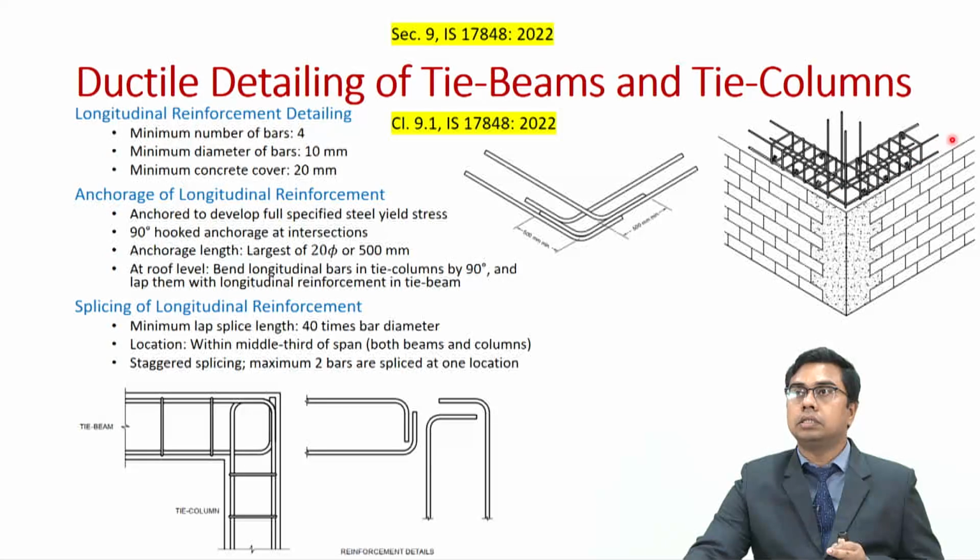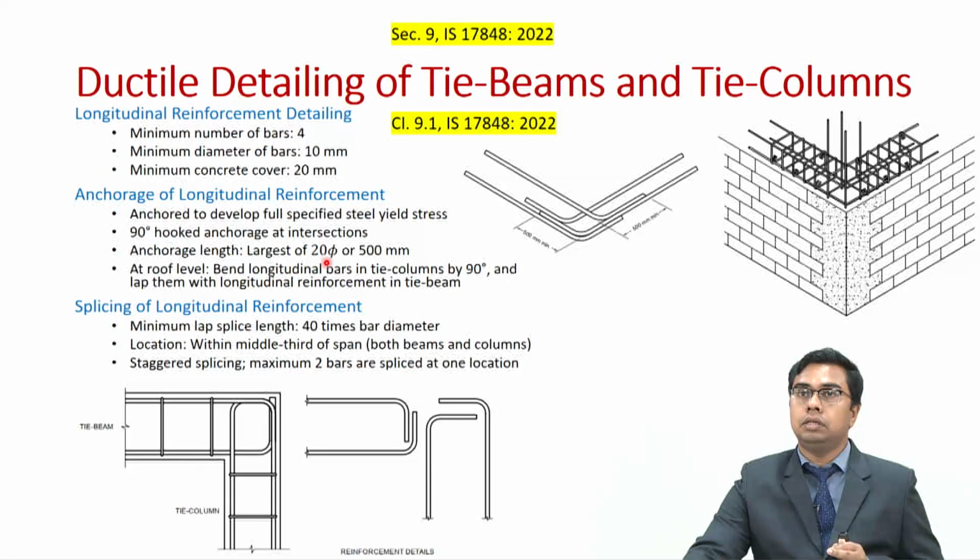At such locations, all the longitudinal steel in these tie beams shall be anchored into the beam which is perpendicular to that beam, and this will be done through 90-degree hooked anchorage as shown in detail in this diagram. You can see there is a 90-degree hooked anchorage shown over here,